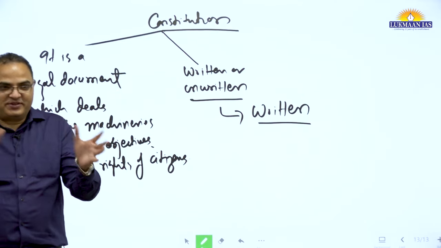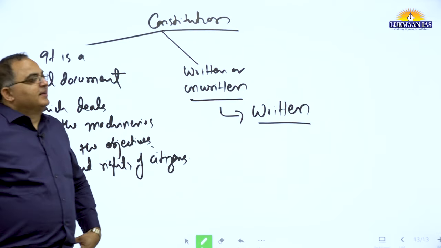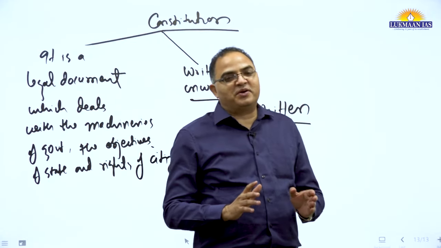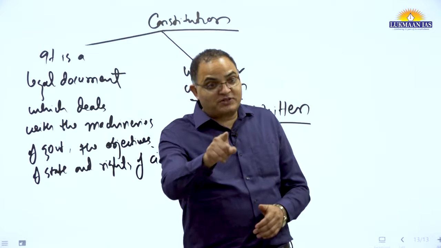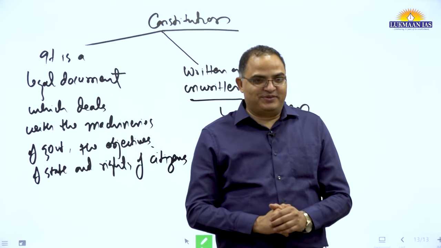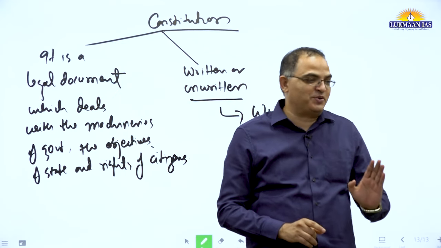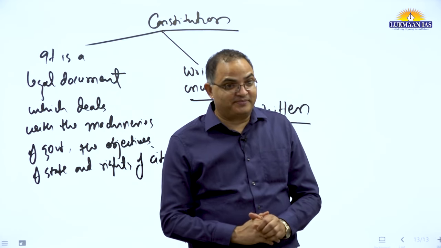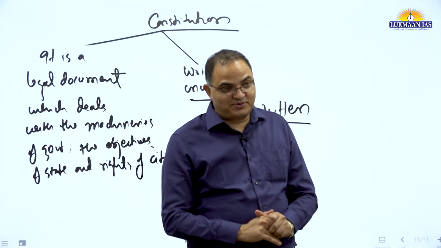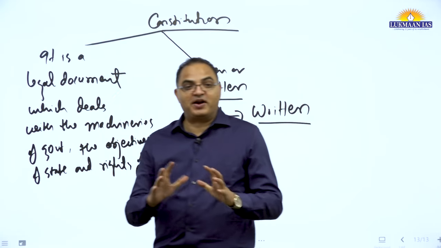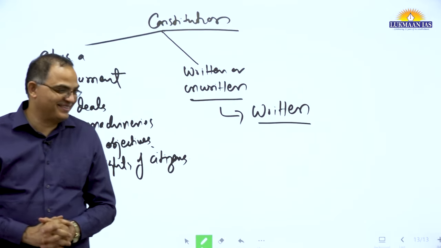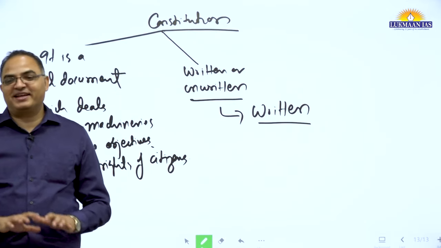Try to understand it this way. Legal and political philosophers largely belong to the UK. Philosophers belong to France, and academicians belong to Germany. And the US knows how to utilize them. This is true: the US does not have many intellectuals of its own, but it knows how to utilize them, and it has utilized them better.